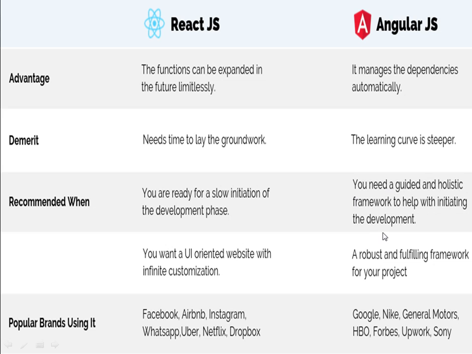So this was it. And again, you can see which websites have been created using which technology. Clearly Facebook, Airbnb, Instagram, WhatsApp, everything uses React.js. React.js was invented by Facebook, and Instagram and WhatsApp are owned by Facebook, so ultimately they use their own framework. Netflix and Dropbox are there too. But in the case of AngularJS, Google, HBO, Upwork, and others use AngularJS.